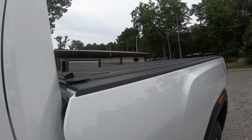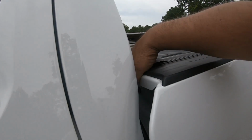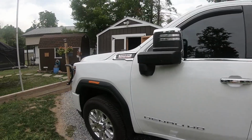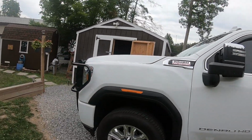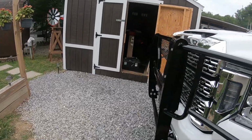Now, I won't be able to put it back down in there. I'll have to go get my yardstick and give it a little poke to push it back down there. Oh, there it goes. All right, we got her now. So that was one issue, minor as it is. Had a little bit more of a major issue,